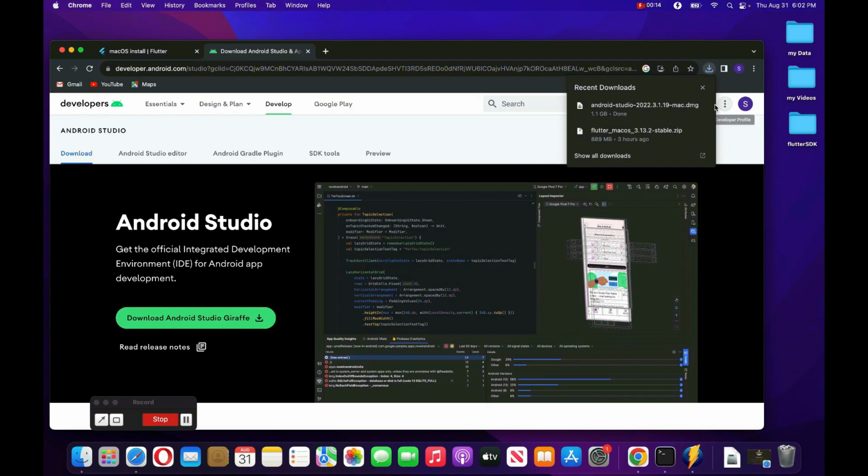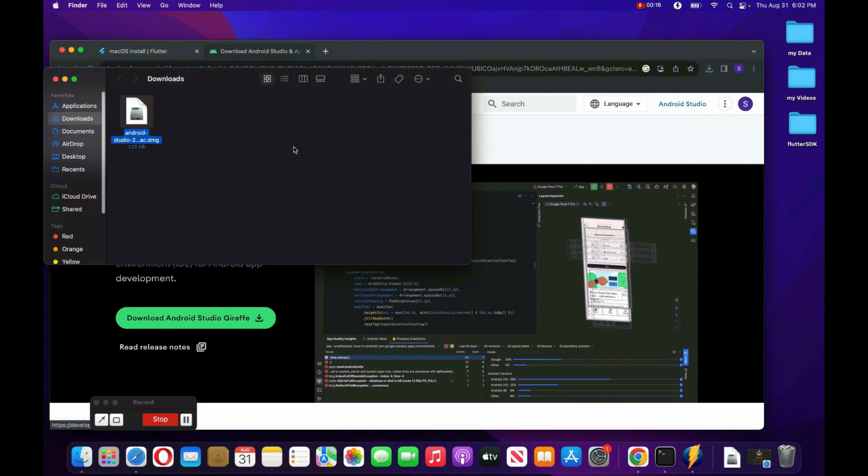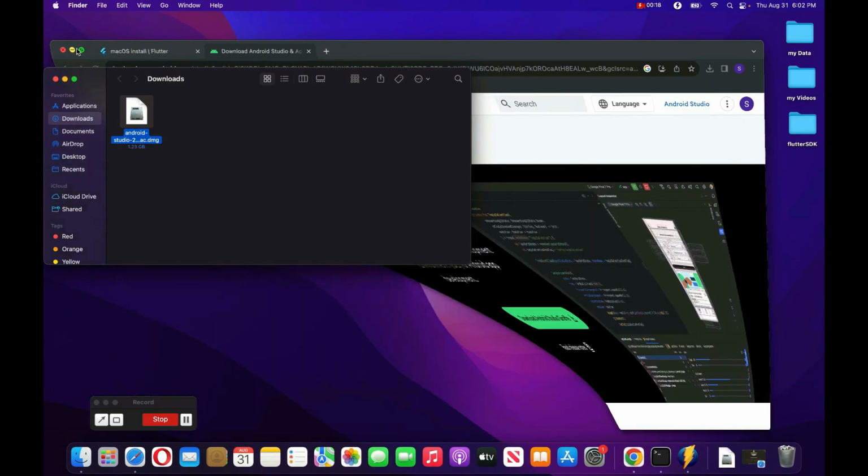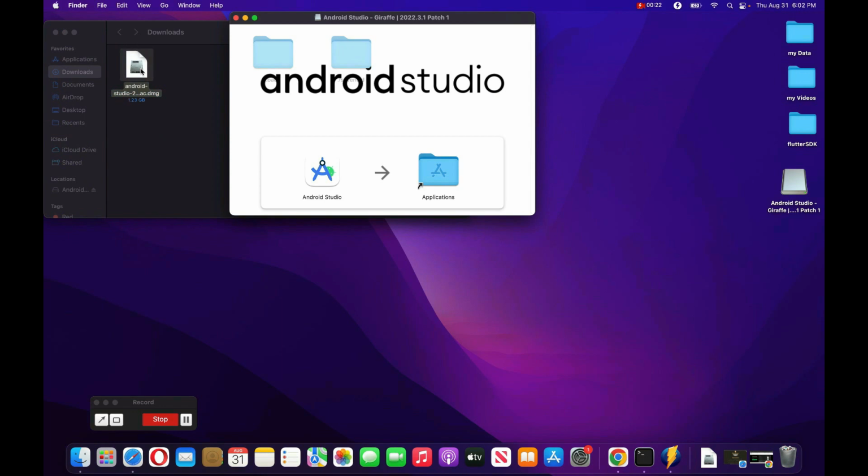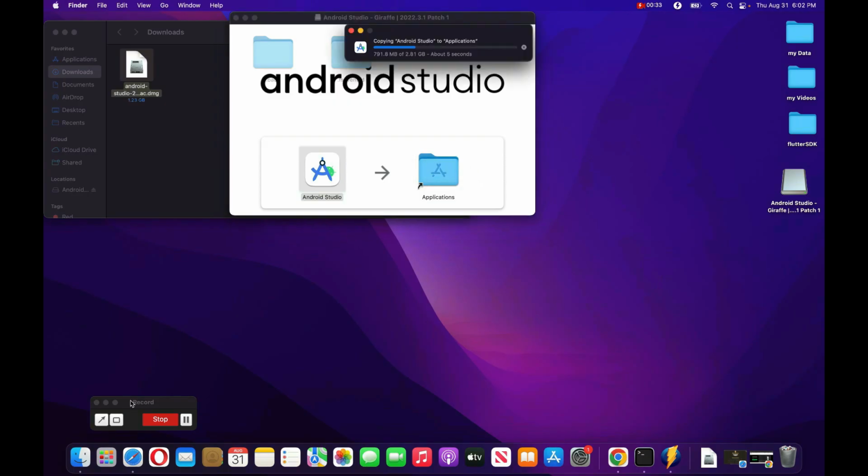So Android Studio has been downloaded successfully. If you go to the downloads folder, you will see it. Now you have to double click on this. You will see this pop-up window. You have to drag the Android Studio to the applications folder. Okay, like this. Once you do this,